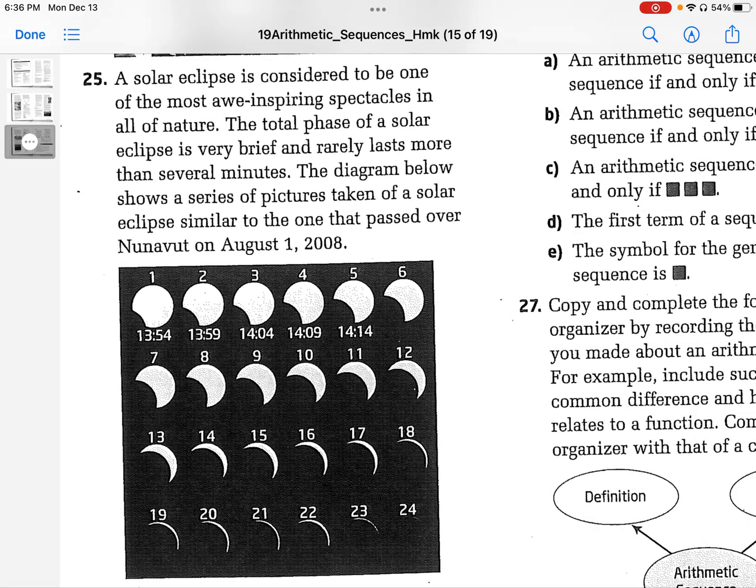Question number 25 says a solar eclipse is considered to be one of the most awe-inspiring spectacles in all of nature. So what they've given you here is some data on a solar eclipse, pictures of a solar eclipse taken in Nunavut on August 1st, 2008. So if you take a look at the sequence, term 1 is going to be at